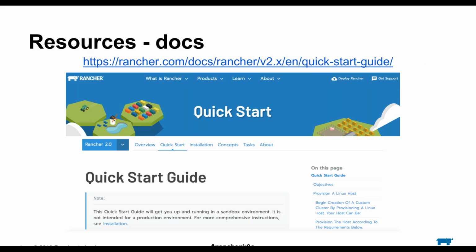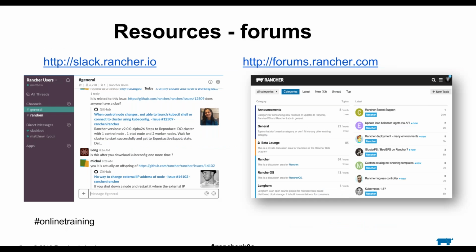And if you want to have your own instance of Rancher going while Jason is going through his presentation and his demo, you can get one up and running in just a couple clicks. Go to rancher.com, click on the deploy button in the top right. It'll bring you to the quick start guide, and you can get a Rancher up and running in just a couple minutes, totally free to use now and forever. So with this, talking about the resources, I am going to pass the presentation over to our Director of Community,